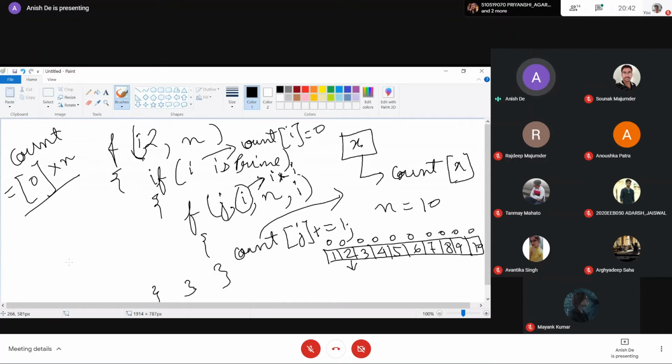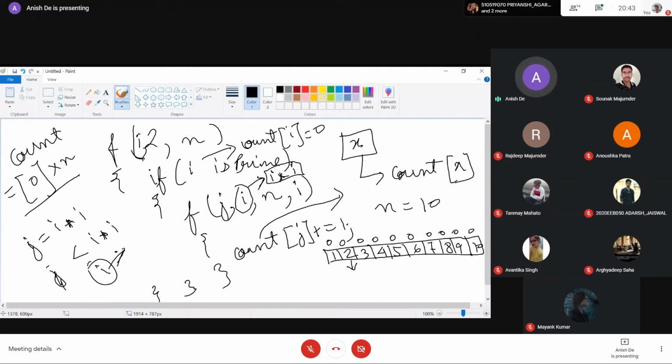Because in the last question we had to find out whether the number was prime or not. And as Rajdeep told, if we start from I into I, the numbers less than I into I have factors less than I, so they will automatically be reset to 0 beforehand. But here we have to count the number of prime factors. So we have to start from I, because if we start from I into I, the multiples of I which occur before I into I will not be counted. For example, I will show you when I go through this problem.